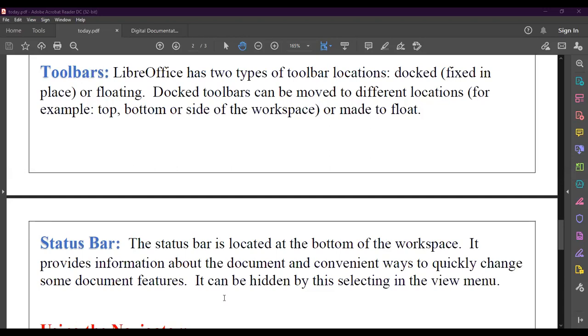Here is the View menu, and here you can find Navigator, Styles, Gallery, Field Hidden Paragraphs, Field Names, Field Shading, White Space. So toolbar, here it is, and user interface. If I select it, the status bar will be removed.